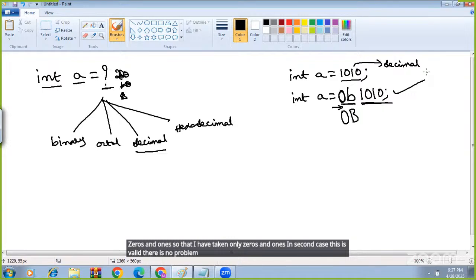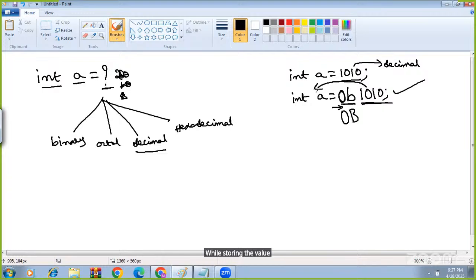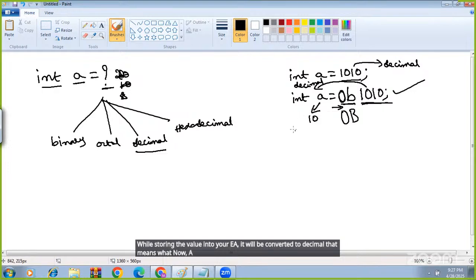Finally, what does the value of a mean? As you are thinking of this one as a binary, it is a binary, but while storing the value into a, it will be converted to decimal. That means a now stores 10. If I print a, I will not get 1010 in binary. I am going to get the answer as